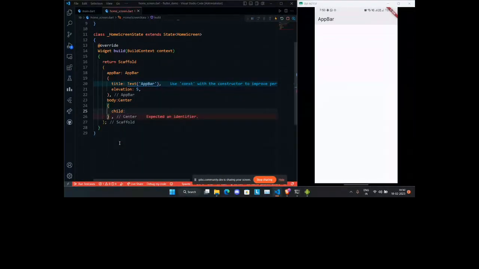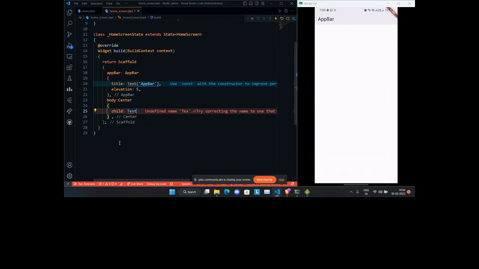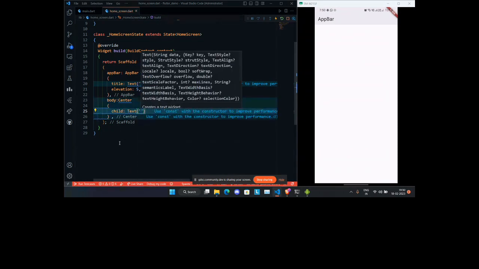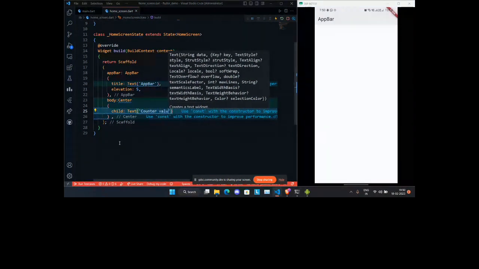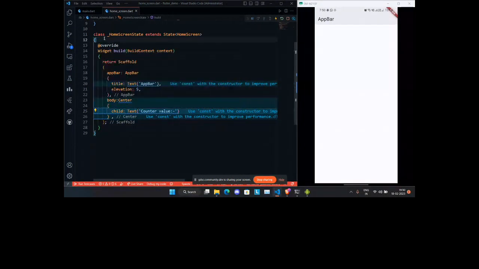Let's just say, okay, let's write text and let's make a counter app.